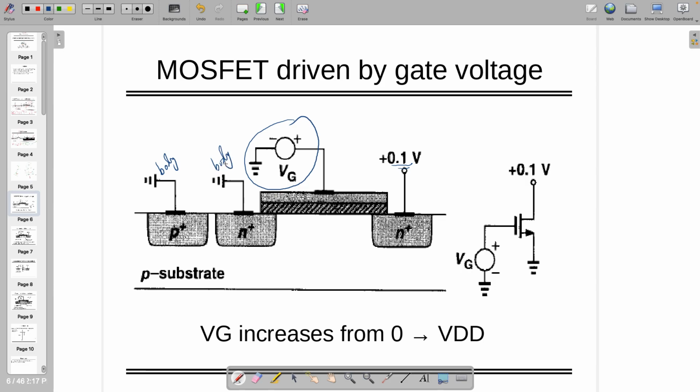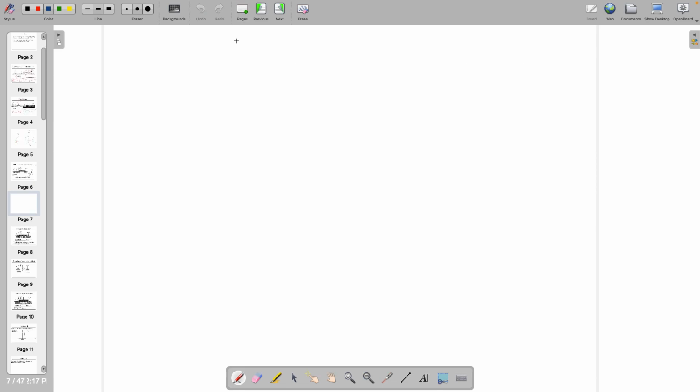Generally, in principle, we are making VBS equal to 0. Somebody knows why we are doing this? VBS equal to 0? To avoid leakage current. Okay. Anything else? So we don't have variation in threshold voltage. Yeah. So two answers. One of them is leakage. That's also true. And body effect, where you do not want the threshold voltage to be changed, or you want a constant threshold